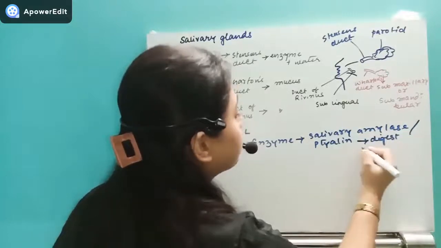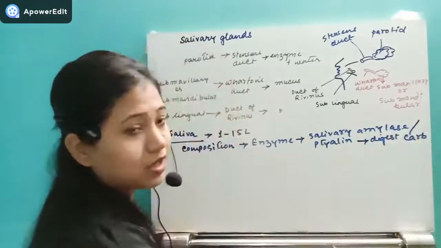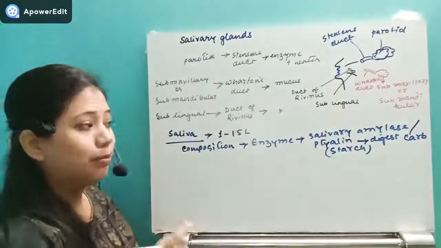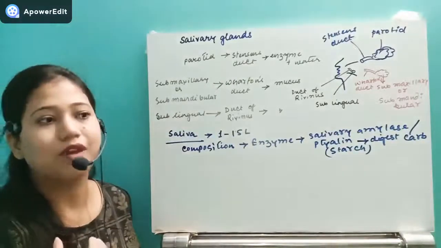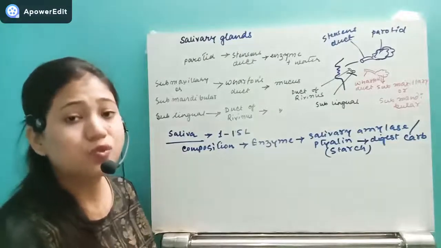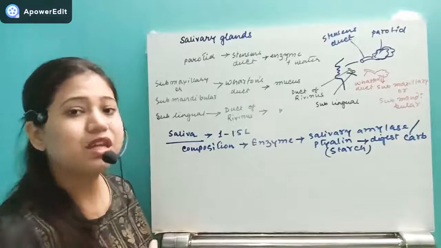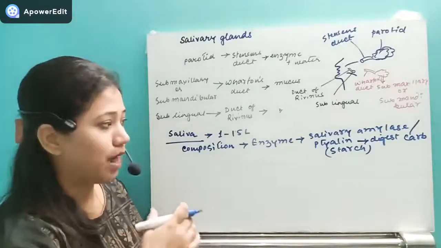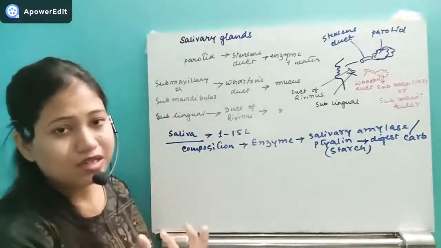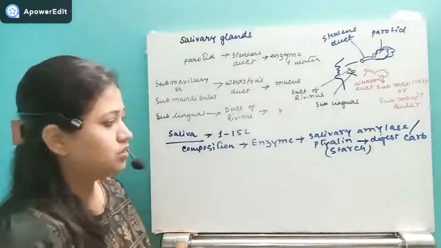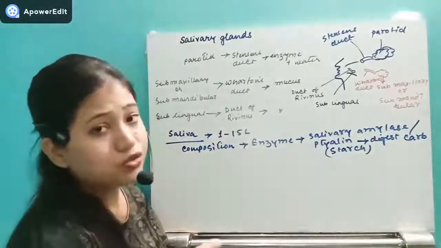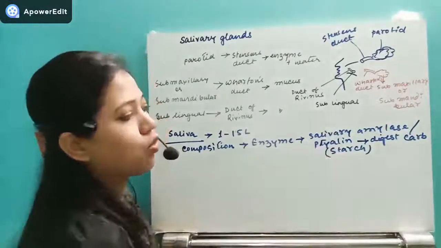This is also called as ptyalin or salivary amylase, which helps in digesting the carbohydrate. That means what part of the carbohydrate? This is actually the starch. So starch will be broken down by the salivary amylase. So that's why whenever you chew one bread, after some time it starts to taste sweet. Why? Because the starch present in the bread piece is acted upon by the salivary amylase, and it starts to digest and release the glucose, so that glucose tastes sweet, right? So this is the first enzyme present, that is salivary amylase, and the second name you have to remember, it is also called as ptyalin.